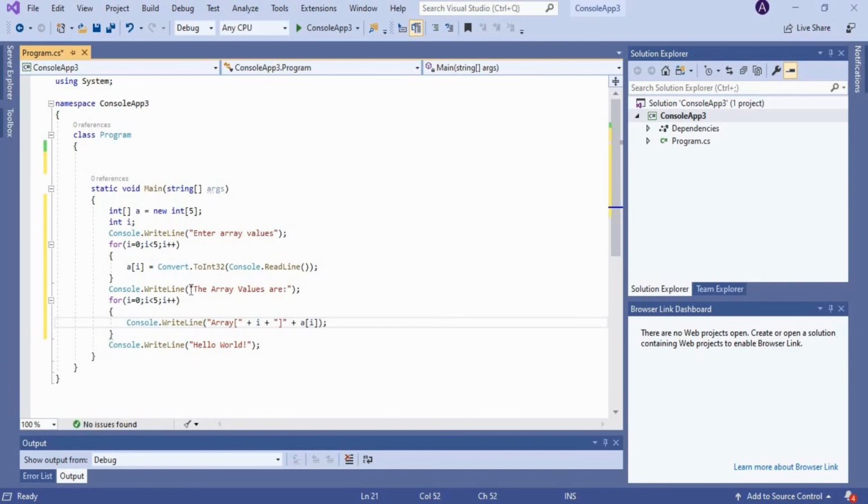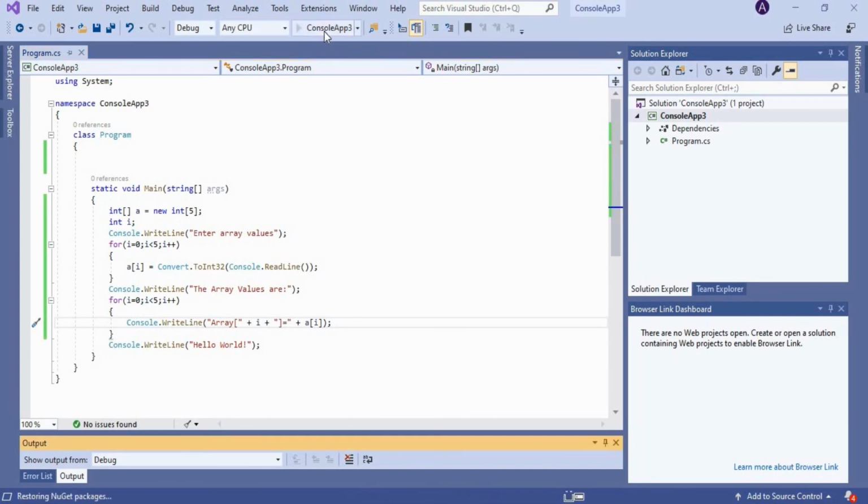Here what I have done is print the values of the array as array of index is equal to some particular value, that is array of 0 is equal to 1, if the user has entered the starting value as 1, right? So let's run this program.